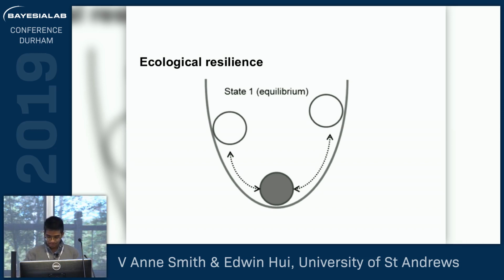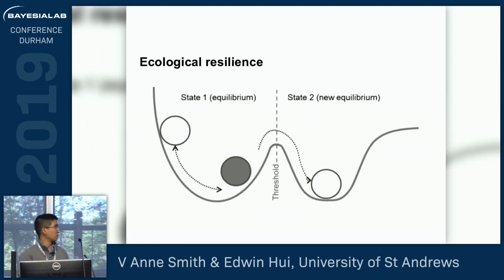Now, obviously, that's not always the case. Sometimes there's a lot of disturbance, sometimes it'll pass the threshold. And once that happens, it's going to fall into a new stable state, and this new state is going to be indicative of a new set of ecological relationships and a new network structure. And generally speaking, once you're in this new state, it's extremely hard to return to the original state, even if you're hypothetically able to remove whatever caused the change in the first place.